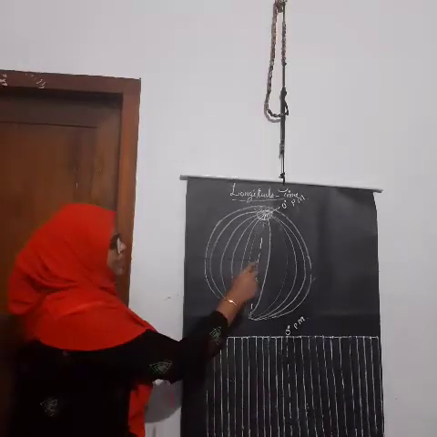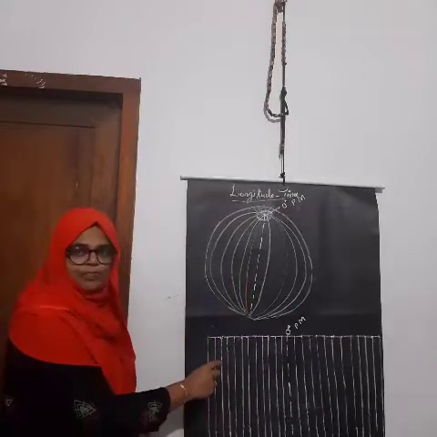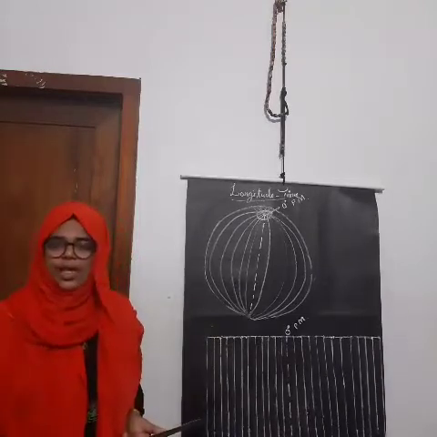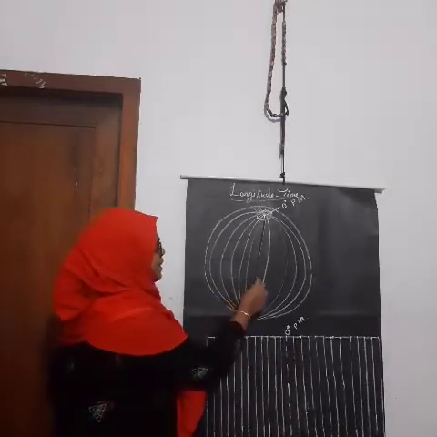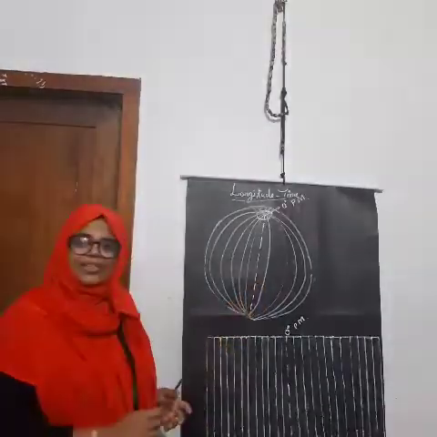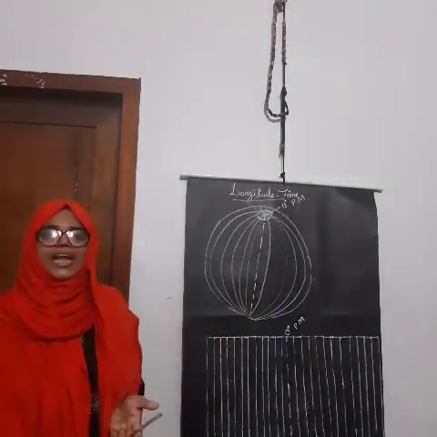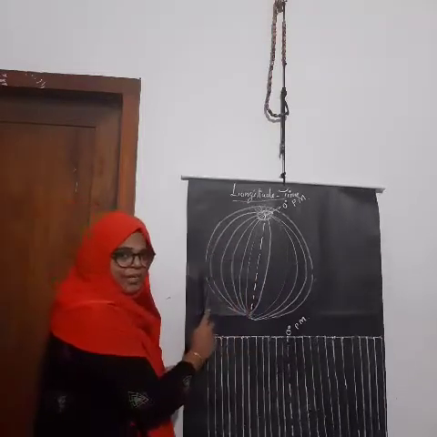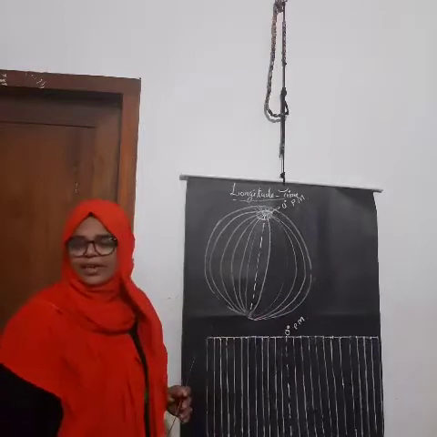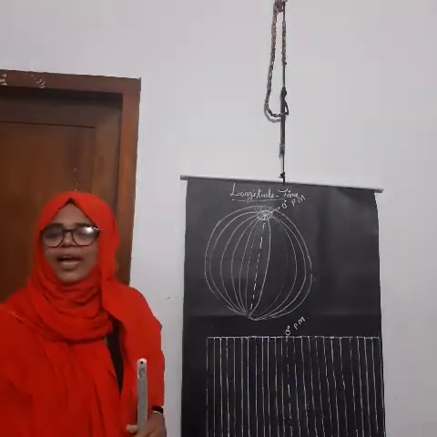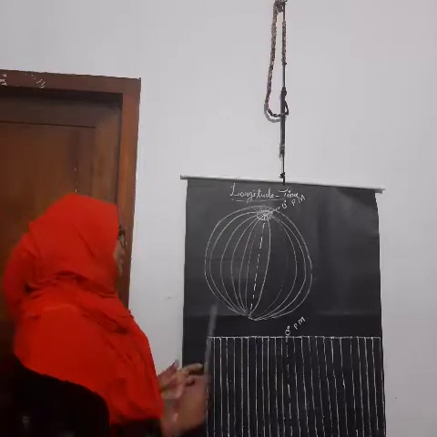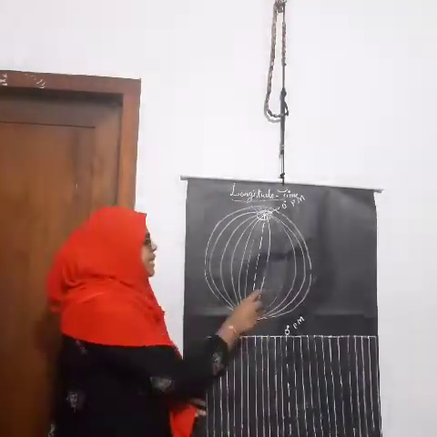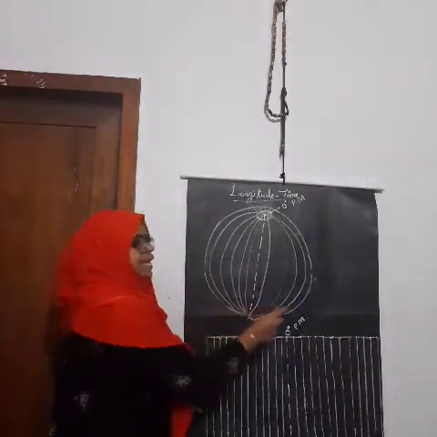Now again observe this 0 degree longitude. We can find one thing, that it is the middle longitude. Since this is the middle longitude, it divides the total earth into two halves. One is in the western part and another one is in the eastern part. This is the west side, this is the east side. Got it? This is the western direction, this is the eastern direction.